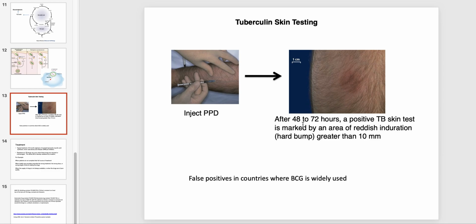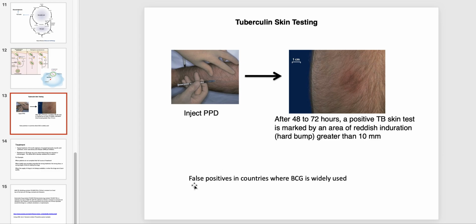If this reddish induration greater than 10 millimeters happens later than this, like for example, when I had mine done, it was about a week later that I had that reddish induration and the hard bump. So that was obviously a negative result because of the length of time that it took for it to form, meaning that my body had never seen TB before, therefore it didn't have memory of TB and didn't respond very quickly. We get a lot of false positives in countries where BCG is widely used,